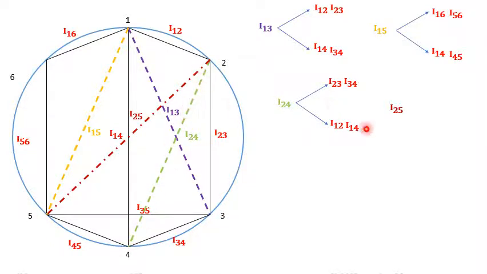Or else you can take this line also, you will get the same instantaneous center. You can take I24 and I45 also, you will get the same instantaneous center, or you can consider I23 and I35, both will give the same location of the instantaneous center. Okay, so this is the first instantaneous center corresponding to the triangle.